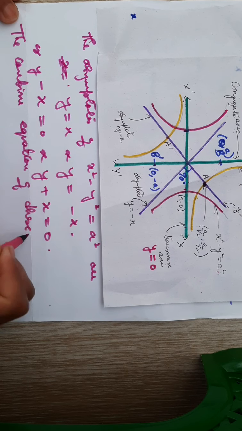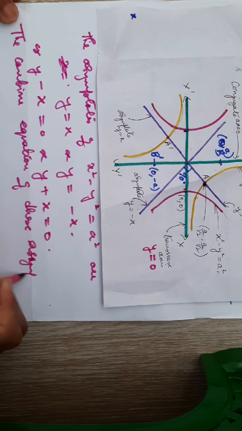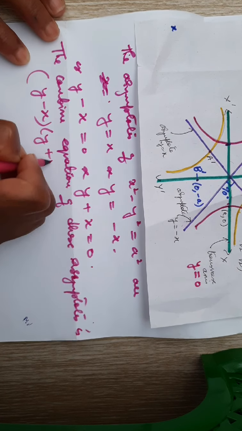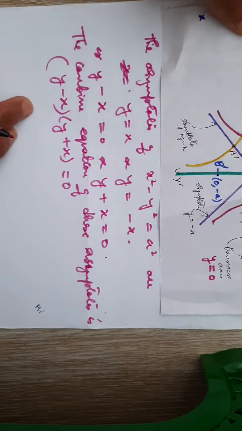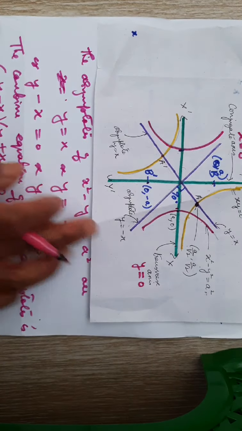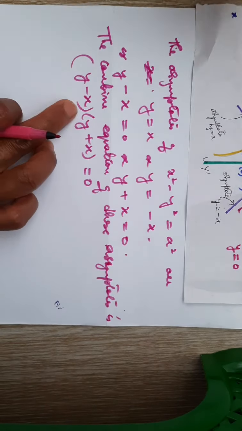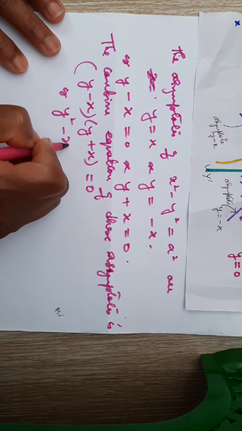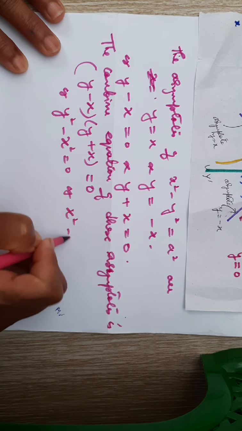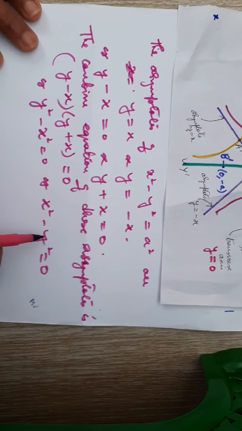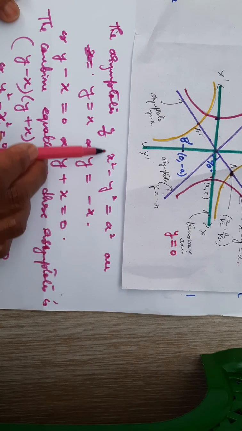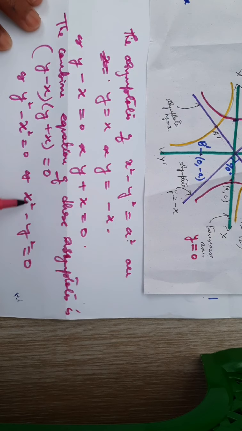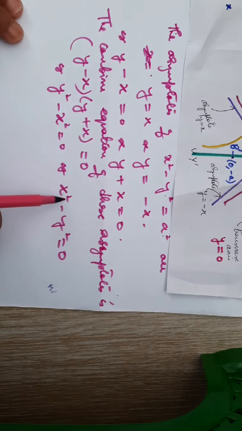of these asymptotes is given by y minus x into y plus x is equal to 0. So the combined equation of the asymptotes of x square minus y square is equal to a square is y minus x into y plus x is equal to 0, which gives you y square minus x square is equal to 0, or x square minus y square is equal to 0. So now what we notice from here is that the equation of the rectangular hyperbola is x square minus y square is equal to a square, and then the combined equation of the asymptotes is x square minus y square